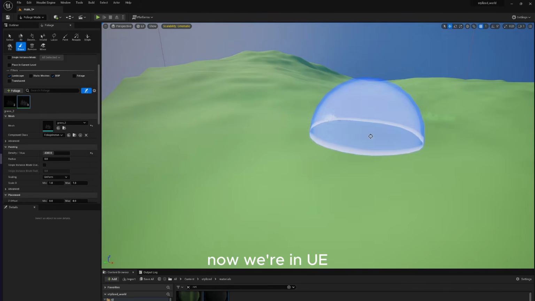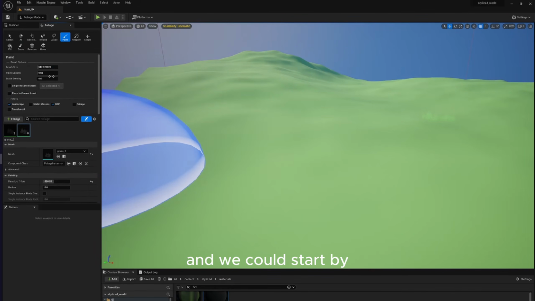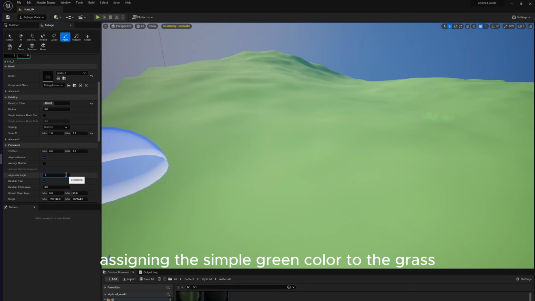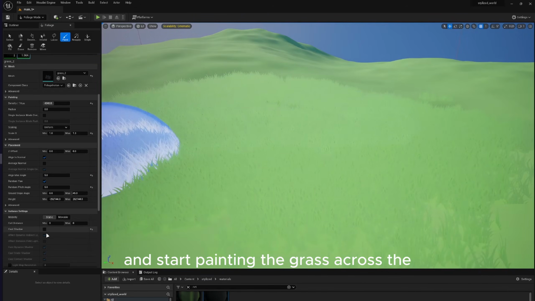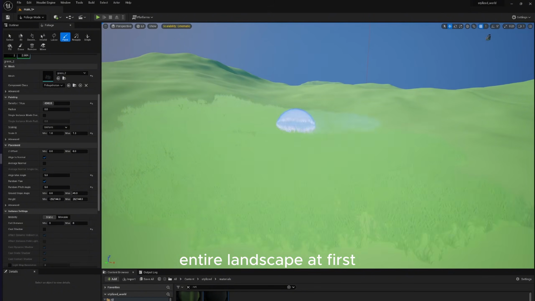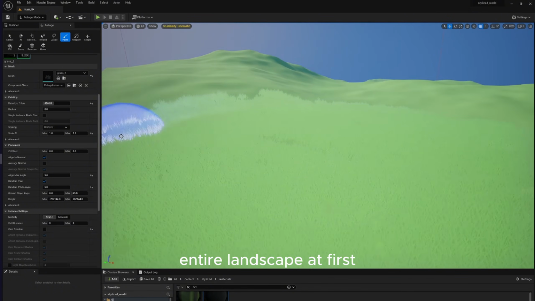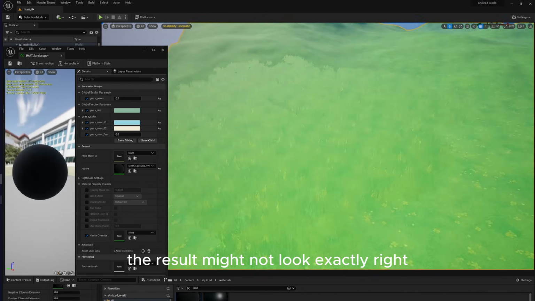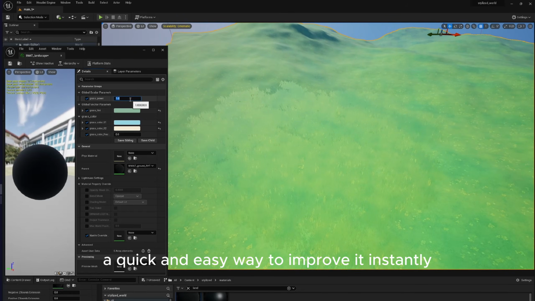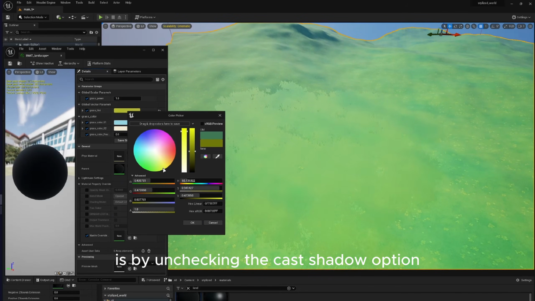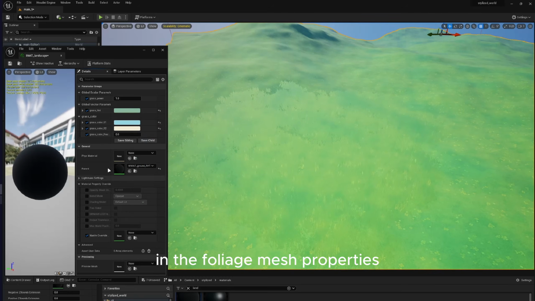Now we're in Unreal Engine, and we could start by assigning the simple green color to the grass. From there, we could switch to the foliage mode and start painting some grass across the entire landscape. At first, the result might not look exactly right. A quick and easy way to improve it instantly is by unchecking the cast shadow option in the foliage mesh